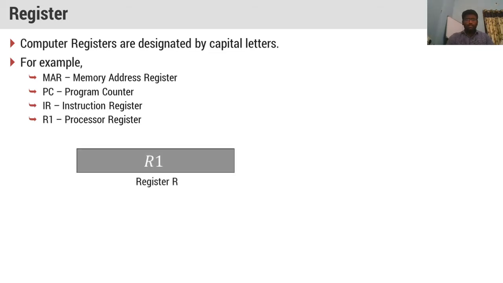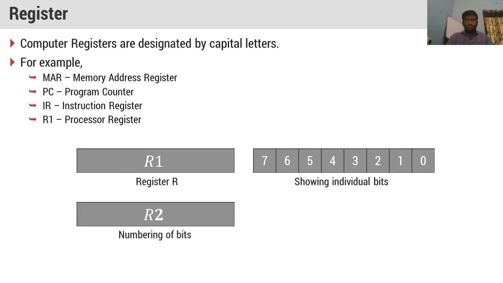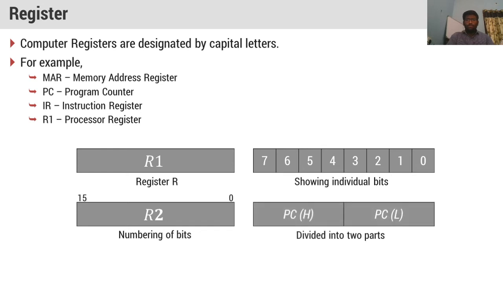So now we will see this register which is designated with R1. Consider it has the capacity of storing bits 0 to 7. If it can store 0 to 7 bits, we can assume the size of this register is 1 byte, right? And you see the register R2, how we have taken here. We have taken this register R2 for the contents of 0 to 15. So how many positions are there here?